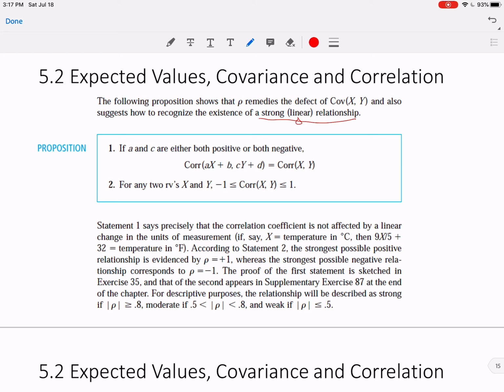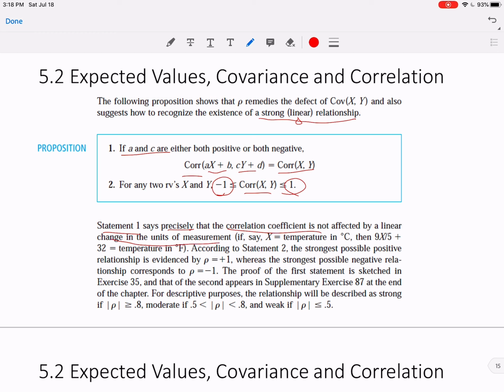If a and c are either both positive or both negative, then the correlation of ax plus b and cy plus d is equal to the correlation between x and y. For any two random variables x and y, the correlation coefficient is always between -1 and +1. Statement 1 says precisely that the correlation coefficient is not affected by a linear change in the units of